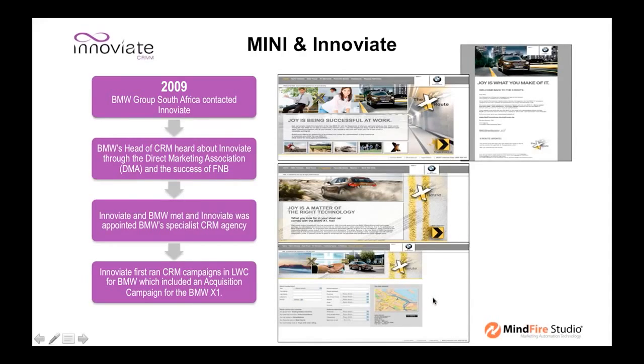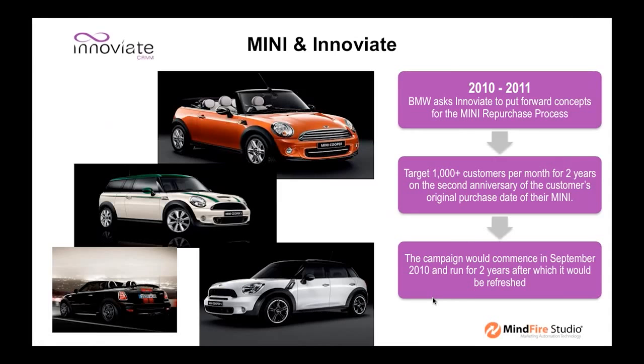And as a result, if you go to the next slide, they then asked us to put forward concepts for the Mini repurchase process. And this was between 2010 and 2011. Essentially, it was to target about 1,000 or so customers every month on the second anniversary of the customer's original purchase date of their Mini. These customers had had the Mini for 2 years. They were coming up for repurchase, and they wanted the campaign to run for an initial two-year period from September 2010. So they asked us to put some concepts together, and if you go to the next slide,